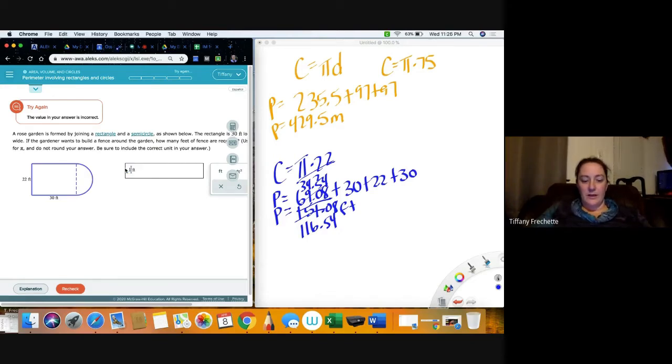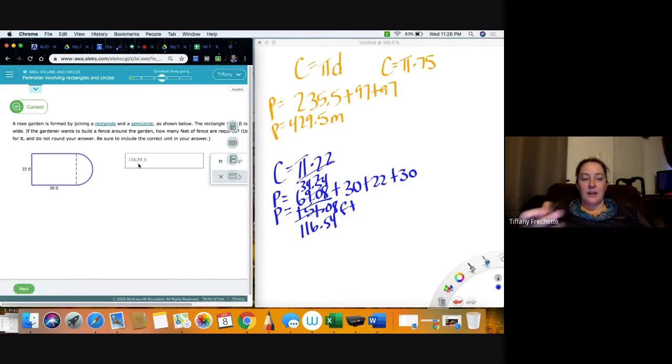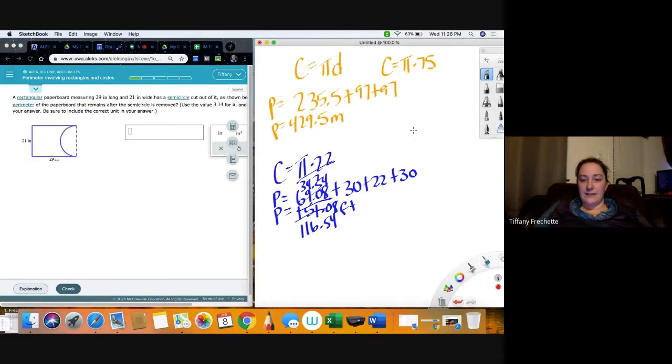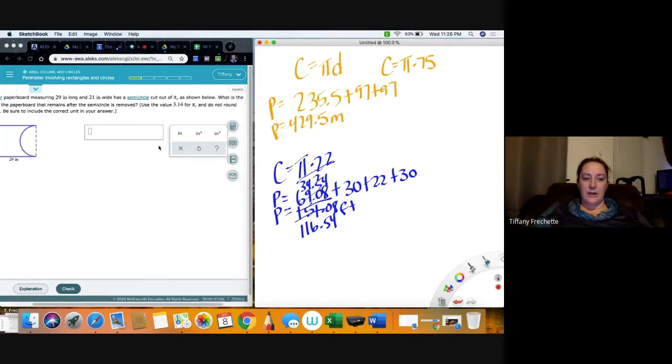All right, so we get 116.54, and we recheck it this time, and we get our point back. All right, mistakes are not a bad thing. We just look back and go, what did I do wrong? And I fixed it. All right, so on this one, it says rectangular paperboard measuring 29 inches long and 21